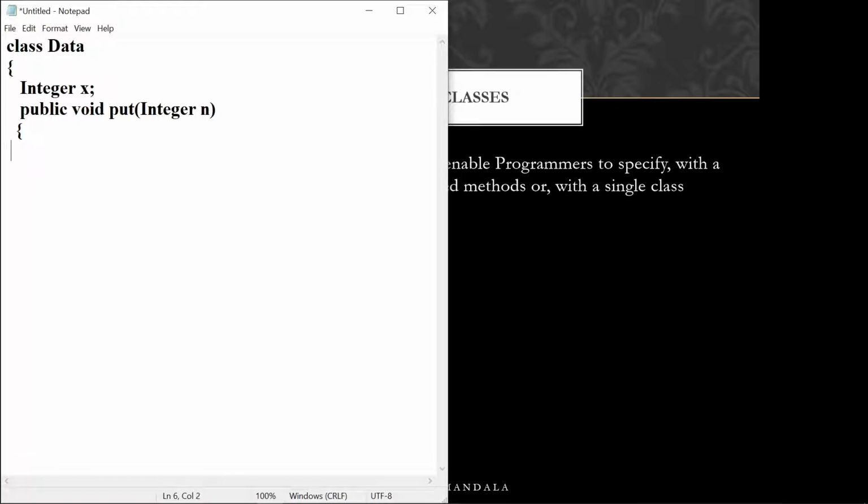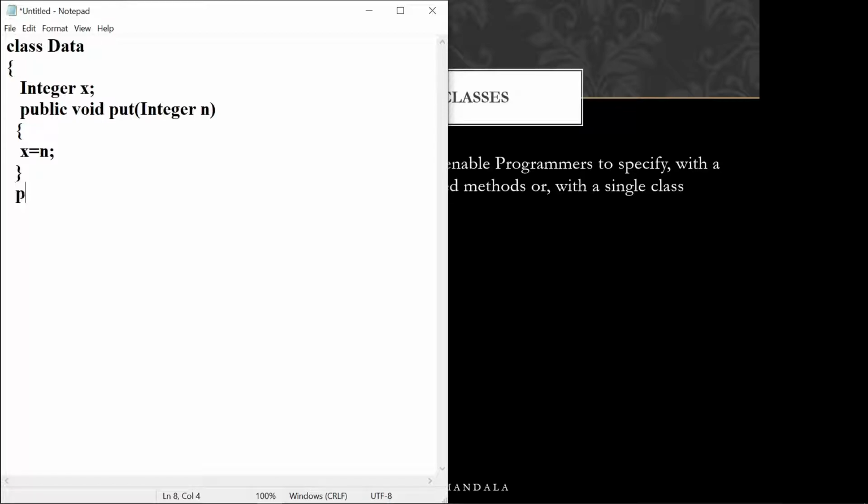Whatever argument you pass at the time of calling this put method, I want to put that value into this variable called x. So this is the put method.